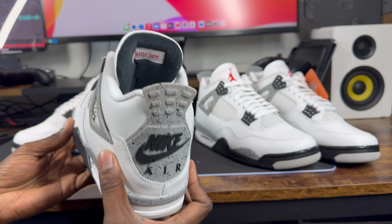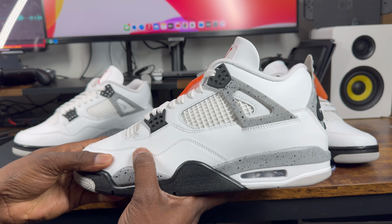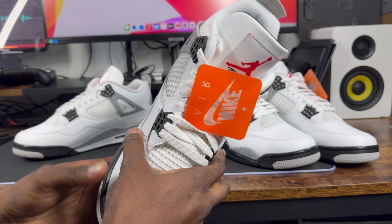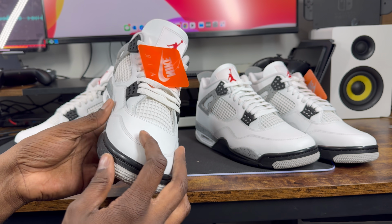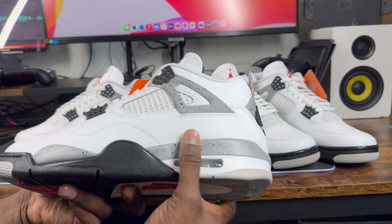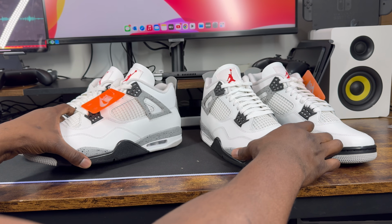Not a lot of waste. Stitching looks good. Very well put together shoe, and while the uppers are definitely a bit stiff, I have it on good authority that these use genuine leather. They do have a polyurethane coat on them, which it is what it is, but they are still a very nice put together shoe. And when I feel the rep,